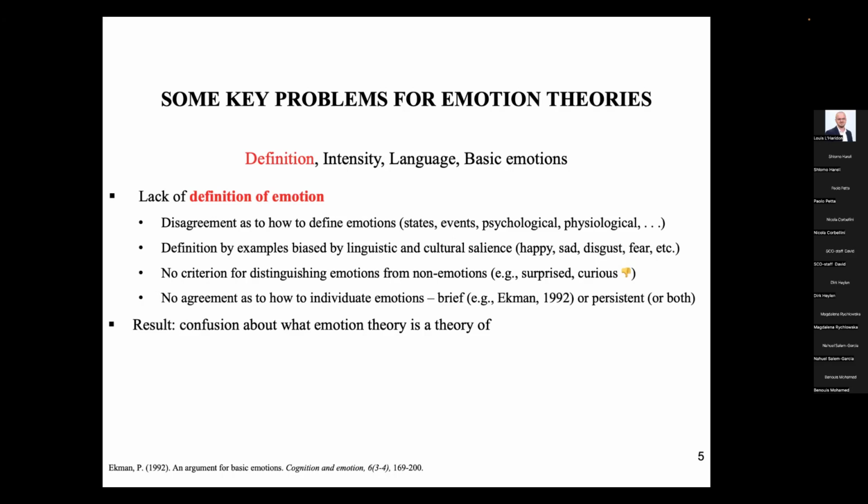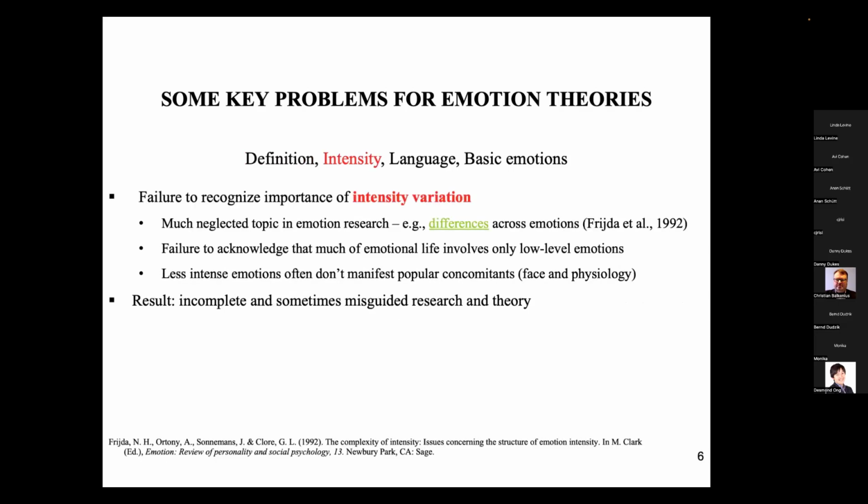It would help, of course, if one were to define the construct, and that way maybe one could constrain some of these issues. So the general result of the lack of a definition is a sort of confusion about what emotion theories are actually theories of, which is sort of bizarre in a way, certainly not typical in the physical sciences. So much for the problem of definition.